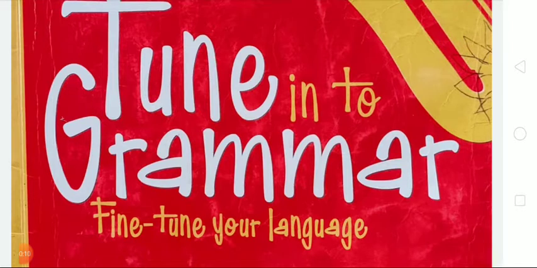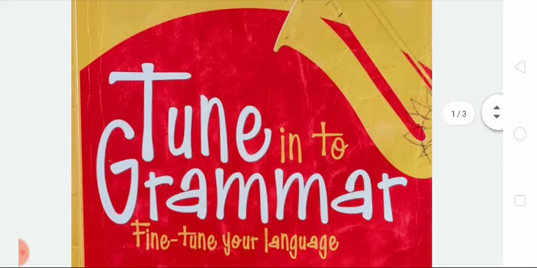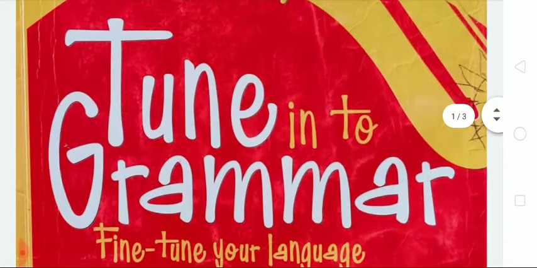Dear student, in today's video I am going to explain the exercises of chapter number 6. We have already started chapter number 6, that is names of days and months, and we have learned that there are 7 days in a week and 12 months in a year. So today I am going to explain the exercises of this chapter.